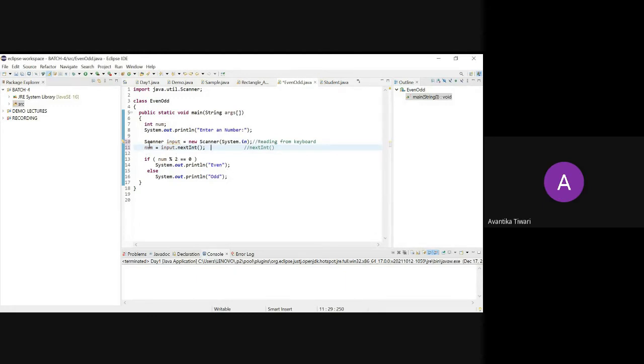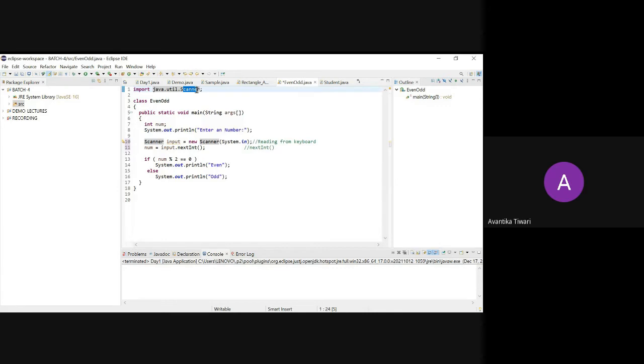So we have created a variable num. Now we have to enter the value that has been entered from the keyboard into this variable. So I will write num and assign that entered value. How to assign that entered value? Using a method which is part of the Scanner class. If we have any class and we want to access any data member of that class, because the nextInt method is part of the Scanner class,